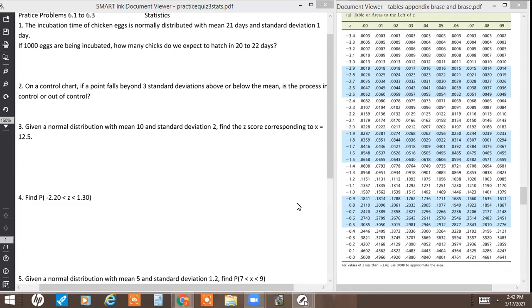Okay, we're going over practice quiz 3 here, which covers 6.1 to 6.3. This is going to be two separate tapes. One of them I'm doing using a table that you can see off to the right. That's the appendix table for Z values. And then the second